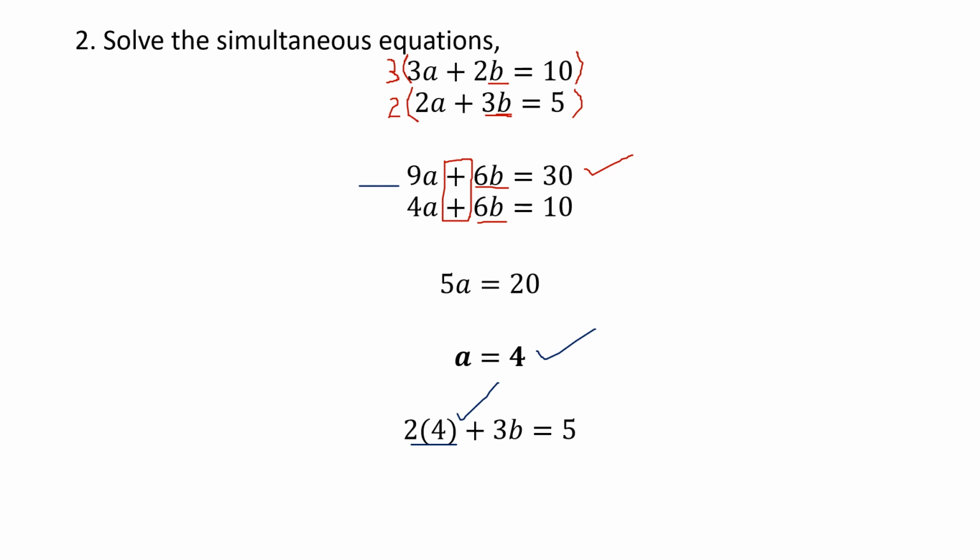Right, simplifying this and solving for b, this is 8, taking it to the other side, we find out that 3b is equal to minus 3. Dividing both sides by 3, we get the value of b being minus 1, like this. Right,